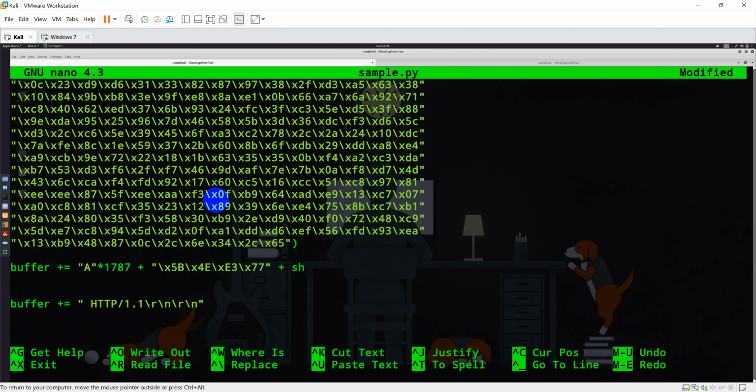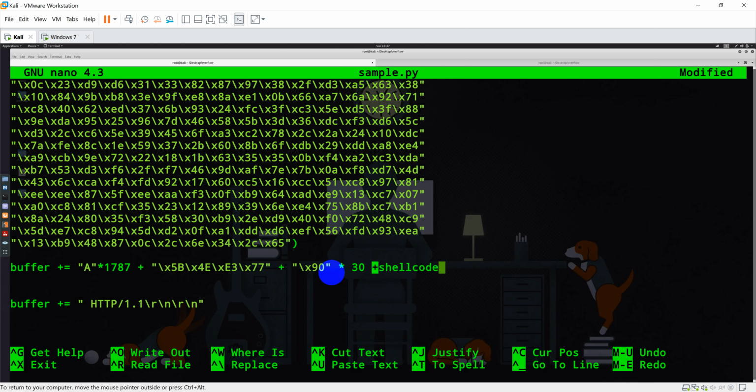Now another important part here is your NOPs. Sometimes whenever you want to transfer your instruction control to the shell code, it needs some time to get executed inside your CPU. So we have to use some NOP characters, that is \x90, and I will use, let's say, 30 NOPs.